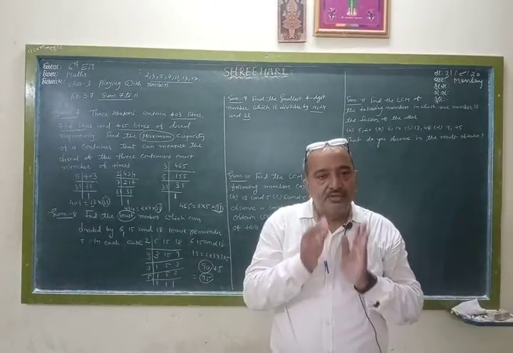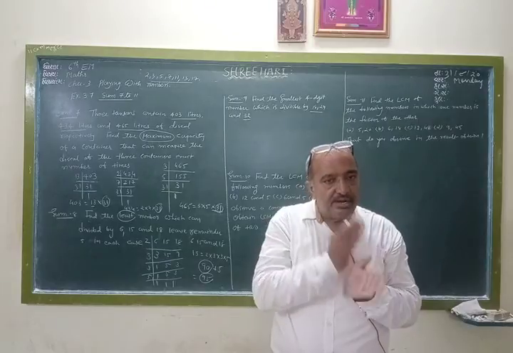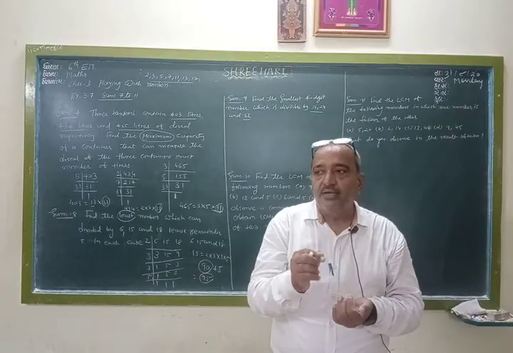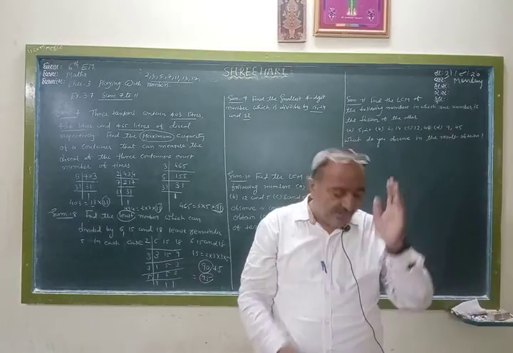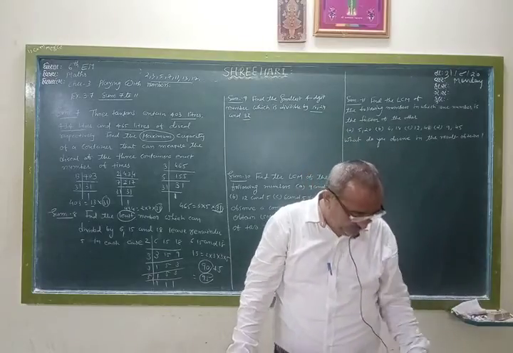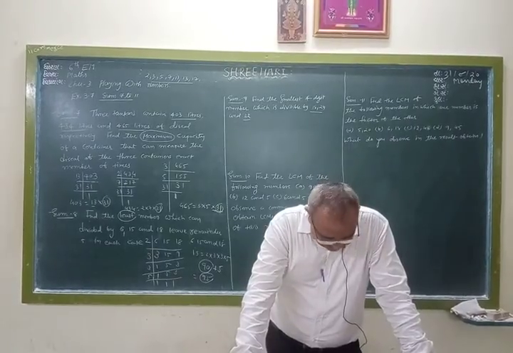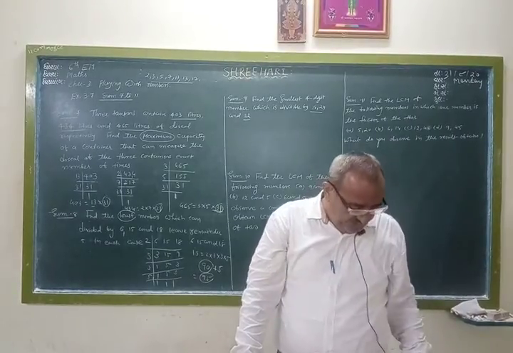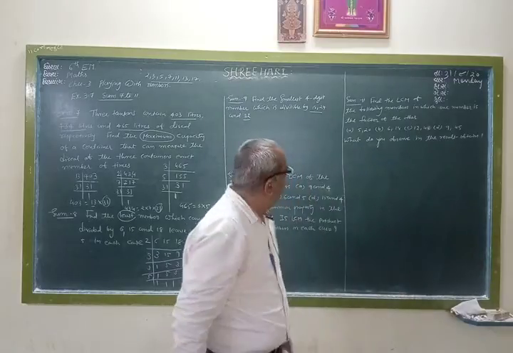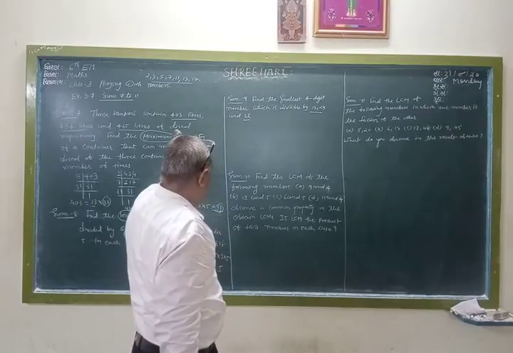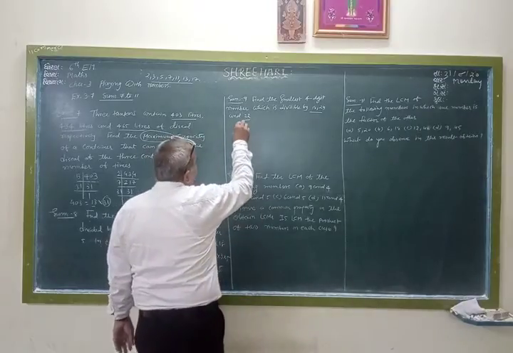Then 1000 divided by the LCM and we get a remainder. Then the remainder is subtracted from 1000. Then we will get the number which is divisible by 18, 24 and 32. So first find the LCM of